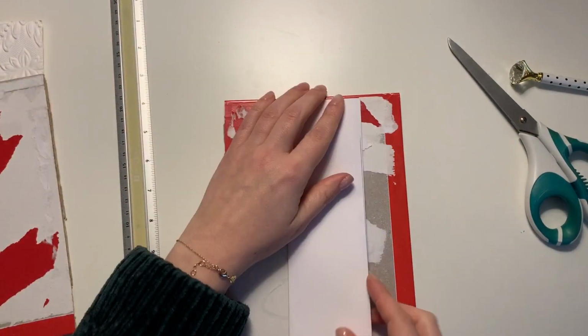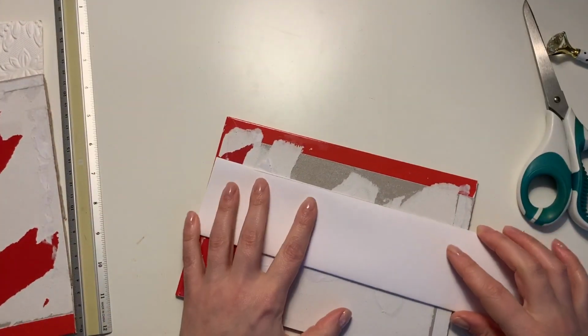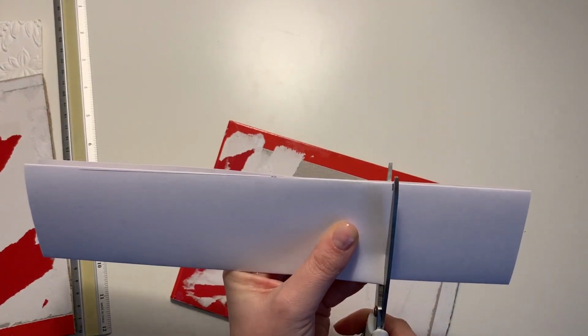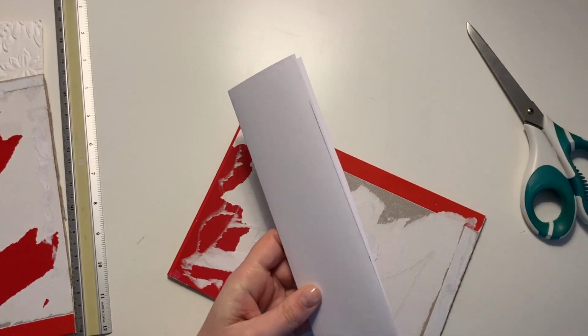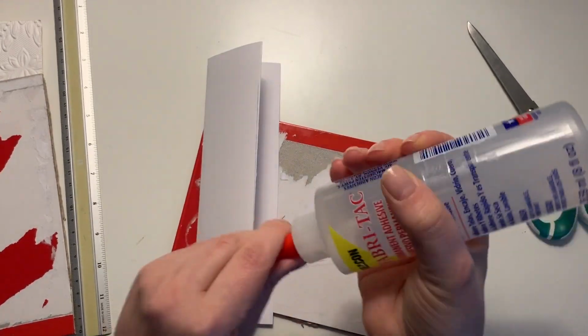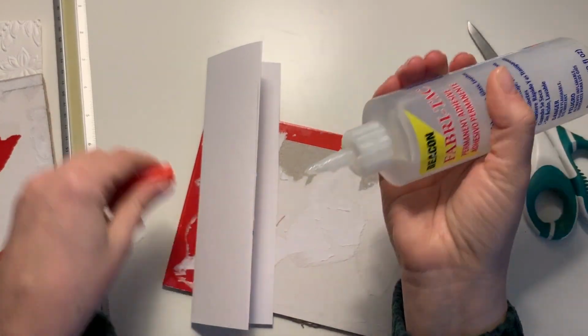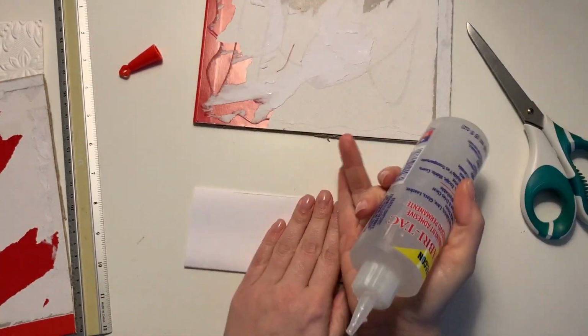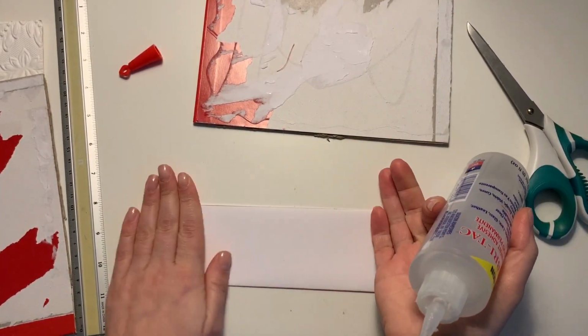So for this one, as I say, it's just going to be me doing the bare bones of the journal. So I've done a 2.5 inch spine. This is just a bit of cardstock, so I measured 2.5 inches and I've just folded it over a couple of times to make it a bit stronger, and I'm going to use some fabric tape just to hold it together. This will be the piece that the signatures are sewn onto,